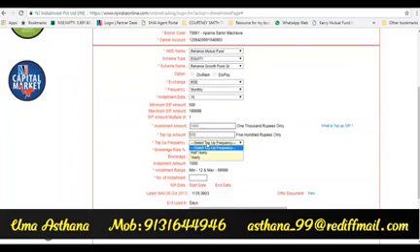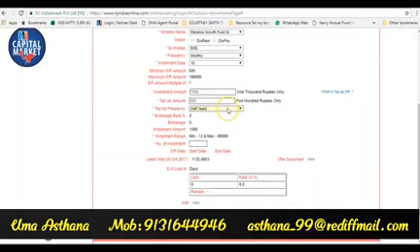And then it says at what frequency you want to increase it by 500 rupees, half yearly or yearly. So I am going to put half yearly. So now the SIP starts with 1000 rupees and after 6 months it becomes a SIP of 1500 rupees. This is how it works. Then I can put the number of installments. Say I will say 24 installments, that is for 2 years.